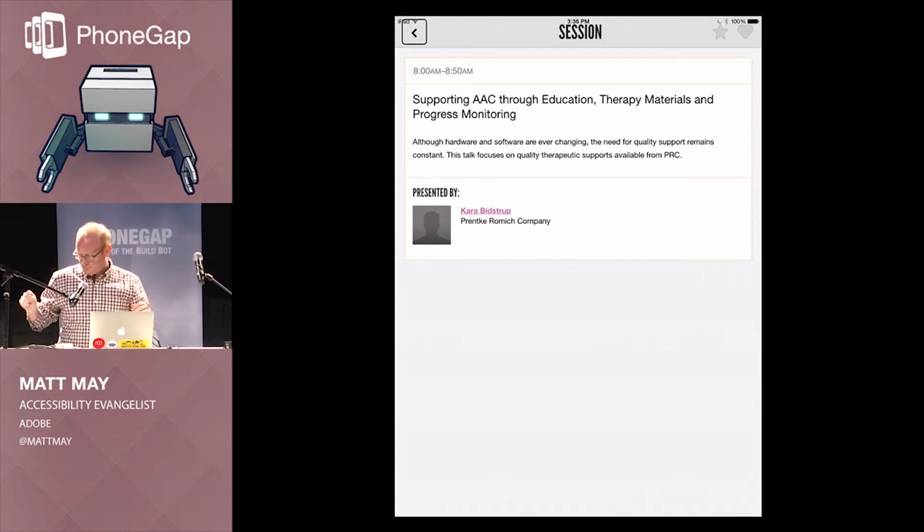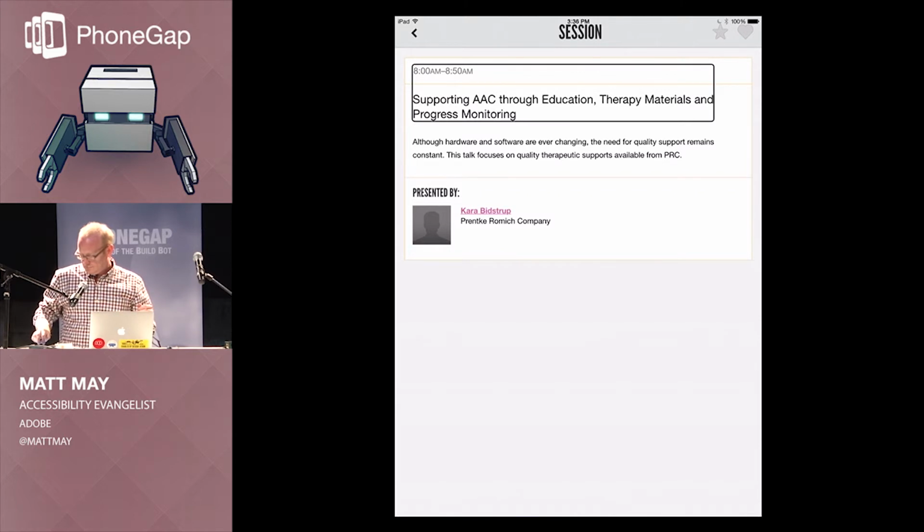Back, button, landmark, session, start, checkbox, unchecked, love, checkbox, unchecked. Thursday, March 20th, 8 a.m. to 8:50 a.m. supporting. So we're able to now find sequentially through the context of this document everything that a sighted user can see. They can interact with all of the things that a sighted user can interact with. And so now we have this interface where we haven't done anything Herculean to make this stuff work, but we are designing what basically looks and feels like a web application to every user that's available there. So that's demo number 1.